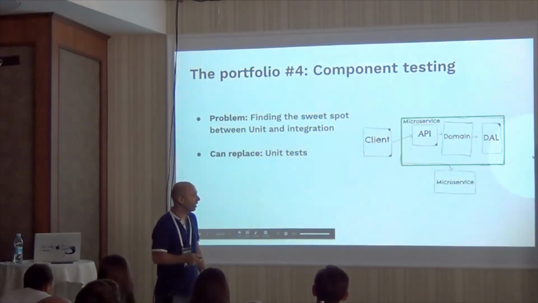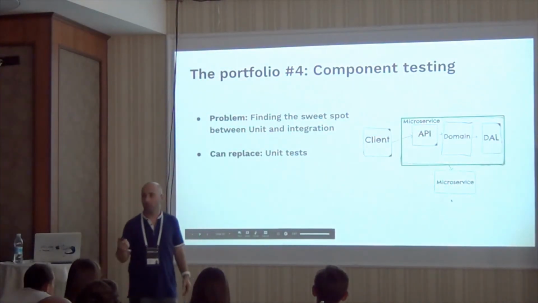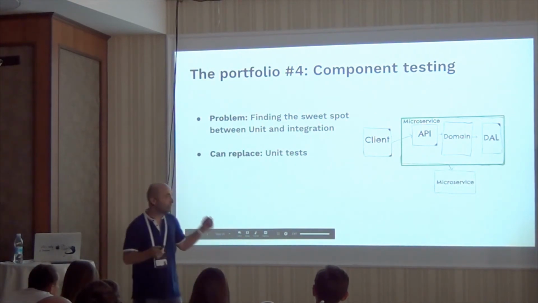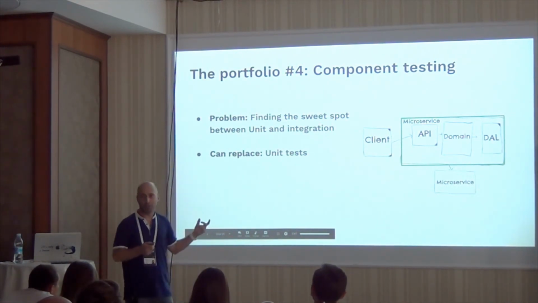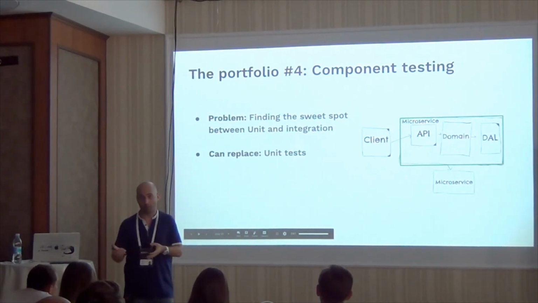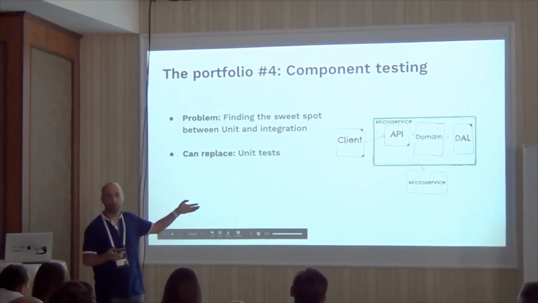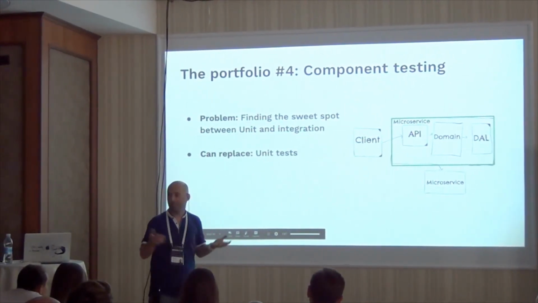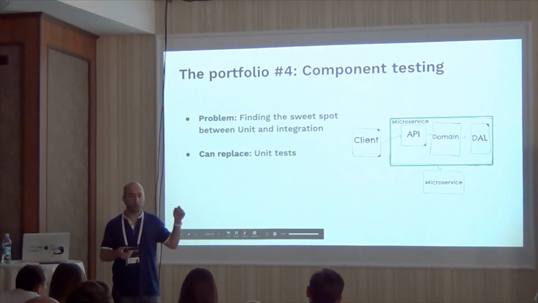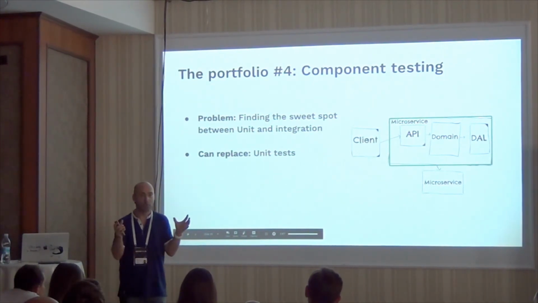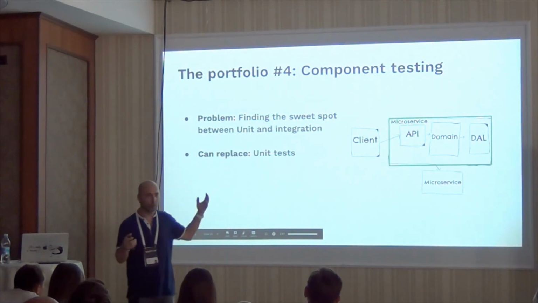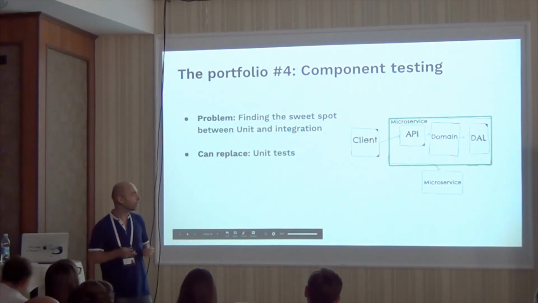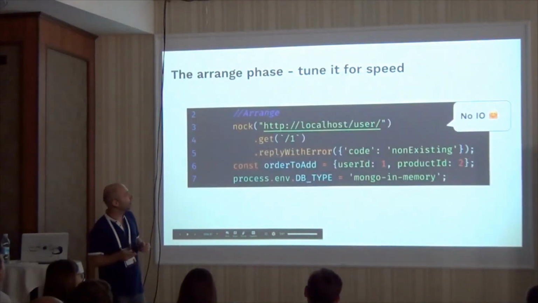For example, if you call another microservice, you just use libraries like Nock to fake it. If you call a database, you can use an in-memory database. This way, you get the reliability of an integration test, but with almost the speed of unit testing, because there is no I/O, right? If you fake the network calls and the database is in memory, then no I/O. I measured it, it is almost as fast as a unit test. So you enjoy the good from both worlds, okay? Both reliable and relatively quick. Usually I'd show a code example, but we will skip it